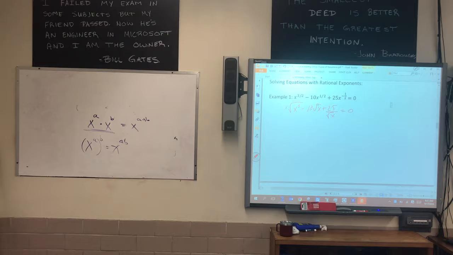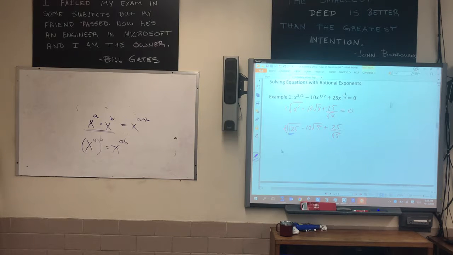Well, if I now know x is 5, can I come and say, well, it's the square root of 5 cubed, which would be 125, minus 10 times root 5, plus 25 over root 5. Is everybody okay with that? Let's do a little bit of simplification here. Let's say that,